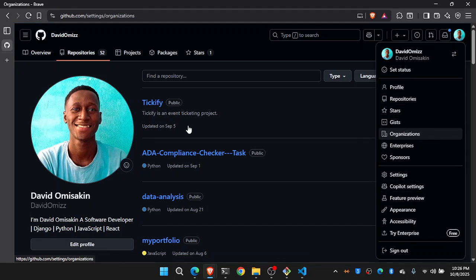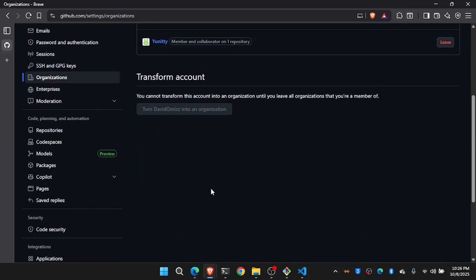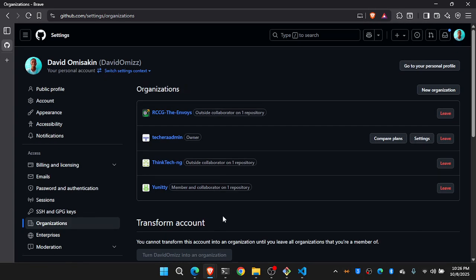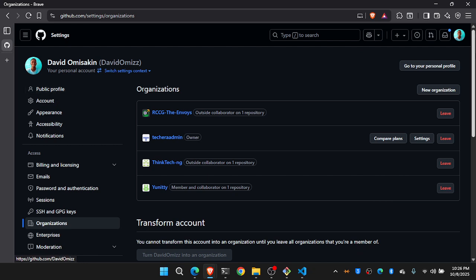Let me go to organizations. I've left some of them. This one is there. I'm in this one. I'm in this one. I'm in this one. I have other ones. So automation that I left recently. That's the company I worked for last. So let's work on our